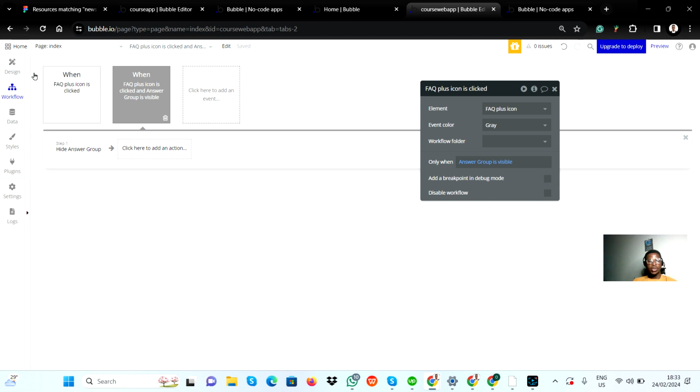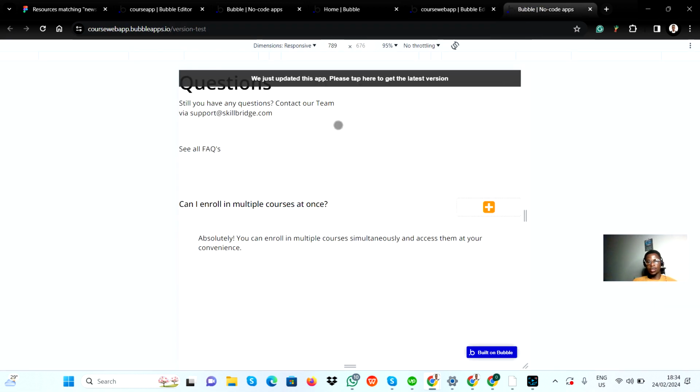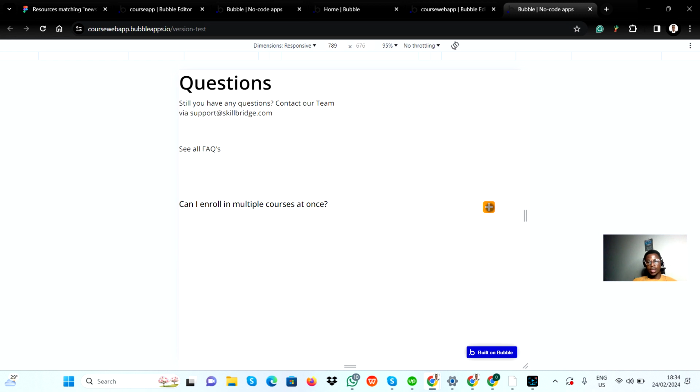We are putting two functions on the same button, so we need to create a different condition. Let me show us what that means. We are going to reload our page. So now, the first action we did was, when we click on it, it should show,